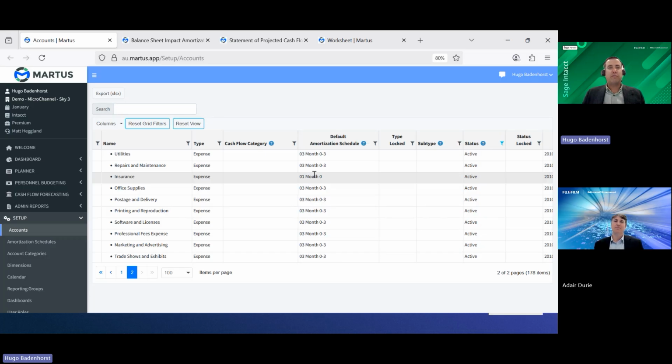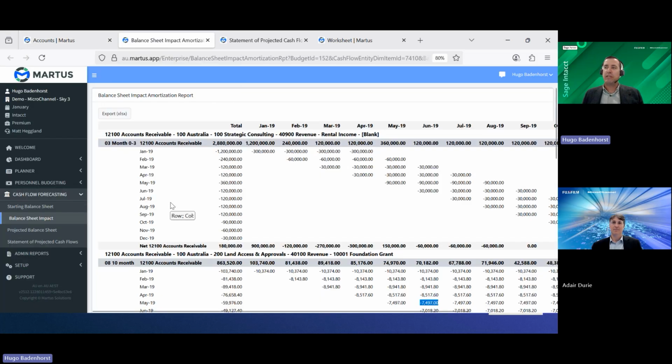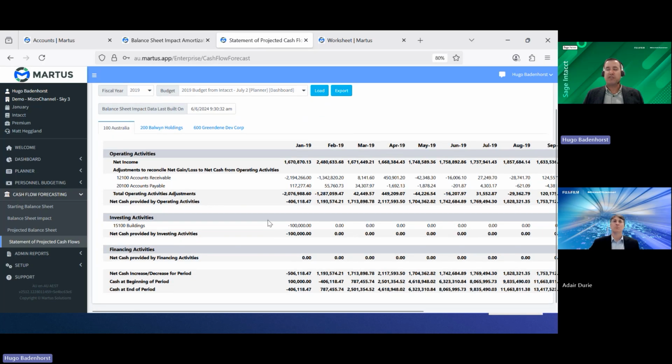Now, by doing that, when we populate our budget, we will basically be able to showcase what that balance sheet impact would look like as to where each of those impacts will come through. So because that's related to accounts receivable or accounts payable, we can see for each month how that cash flow is impacted and what that result is. Now, with the details that we get from there, we can then accurately do a cash flow statement or projected cash flow as to, bringing in what our results are, what the impact is on AP/AR, on the balance sheet, where that comes in, and then ultimately what's the end period or the end balance of our cash flow at that one. So there's a few options.